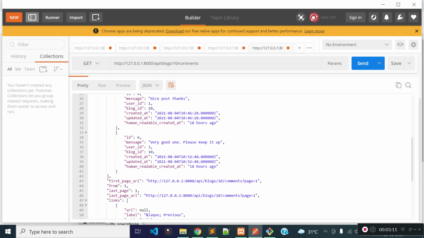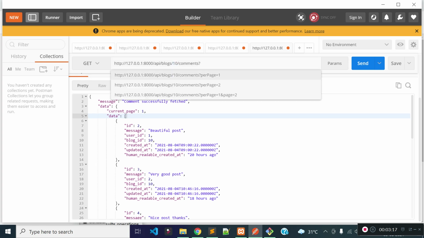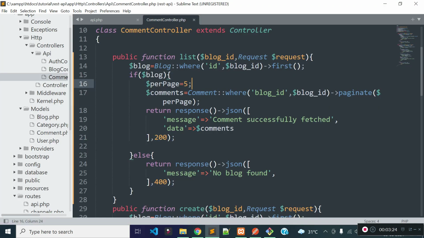But suppose we want to get 2 comments per page, how can we do it? For that I can pass the per page value through a query parameter, and then inside our code I will take this per page value and make it dynamic.